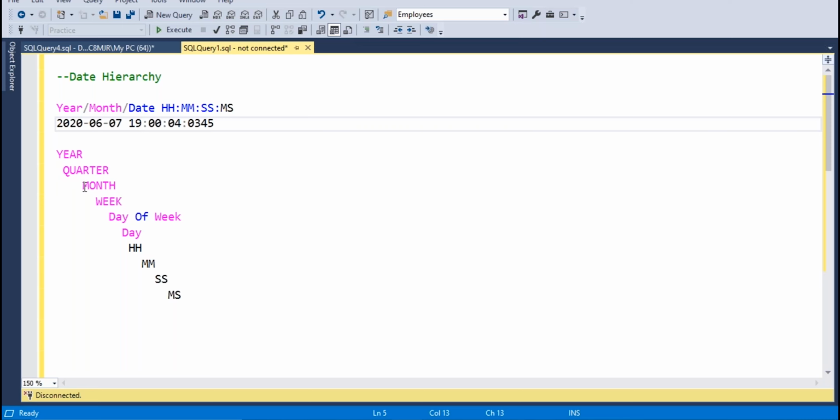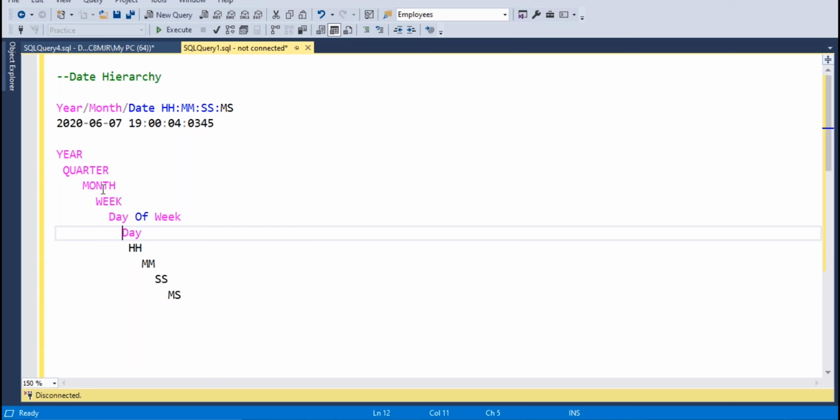Under the quarter we have month, under the month we have weeks, under the weeks we have day of week. Day of week is Sunday, Monday, Tuesday, Wednesday, Thursday, Friday, and Saturday. And the day means 1 to 30 or 1 to 31. Then hours, minutes, seconds, milliseconds. This is the hierarchy of a date.